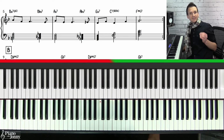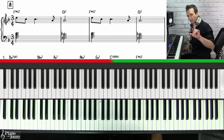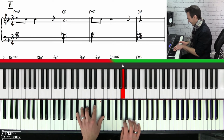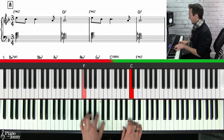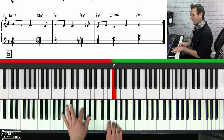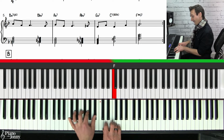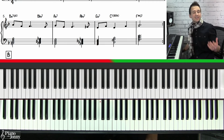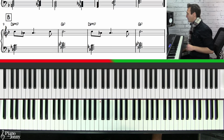Now, this is the A section of the tune, so we're going to repeat this a second time. I'll do a quick playthrough, and then we'll jump to the B section. Back to our F major 7. You're doing a great job. And our B minor 7 flat 5. A flat. Back to our F major 7, okay? So practice this at a slow tempo, and when you're feeling good about it, let's jump into the B section,